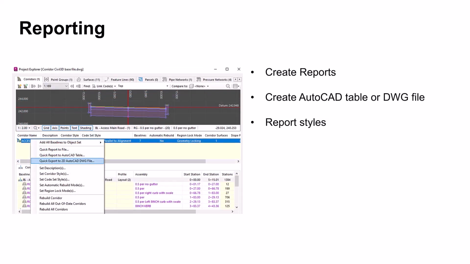So the last feature is the reporting tool, which is a highly demanded feature by Civil 3D users. It allows them to create quick reports to files in different formats like PDFs, Excel files, CSV files, docs, HTML, just to name some. You can also create quick reports to an AutoCAD table, and then you can keep the table dynamically linked to Civil 3D or maybe statically,